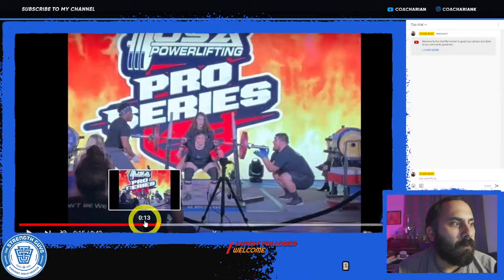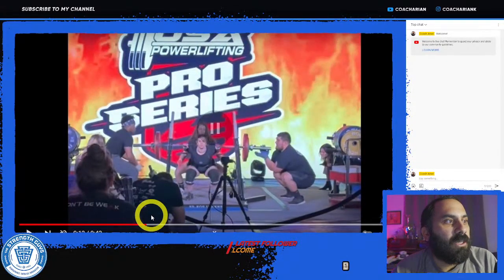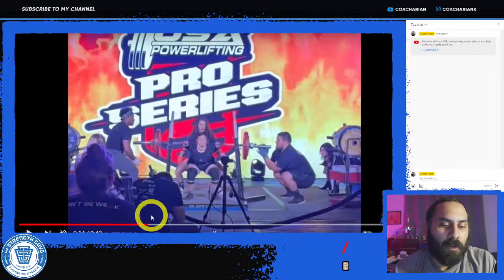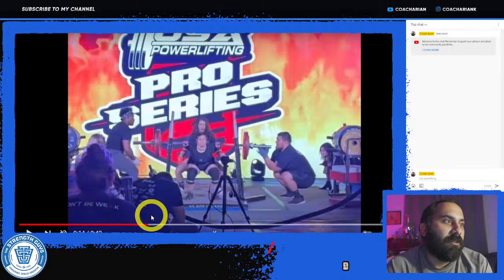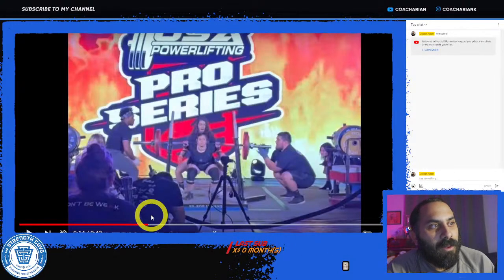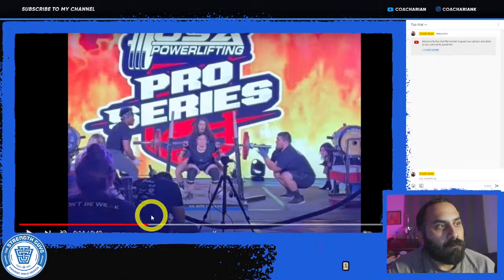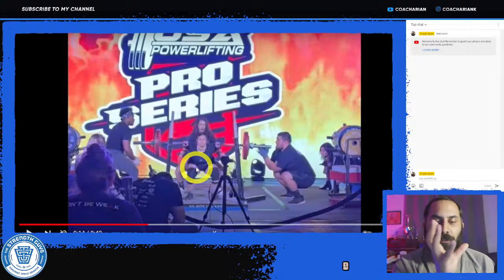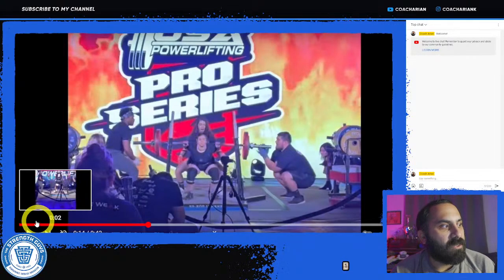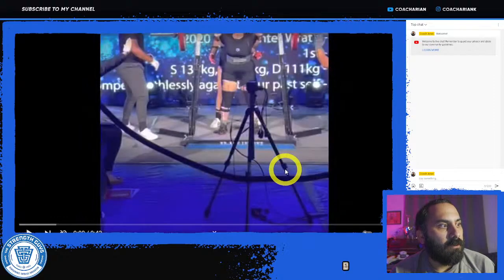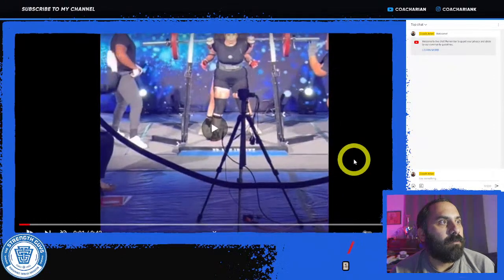So there isn't too much here from us watching this video to say, okay, this is the issue, this is what the lifter should work on, because it could be a number of different things, like tightness on one hip versus the other, or it could just be the bar tilting that then caused the hips to shift to try and regain some balance. It could have just been a one-time thing. Let's go back and look at the other attempt real quick and see if that was better.